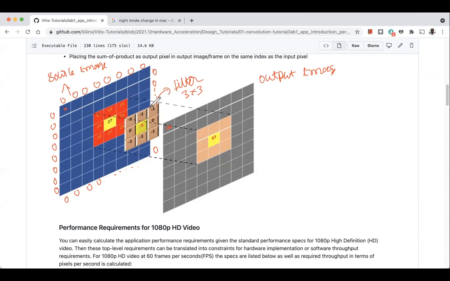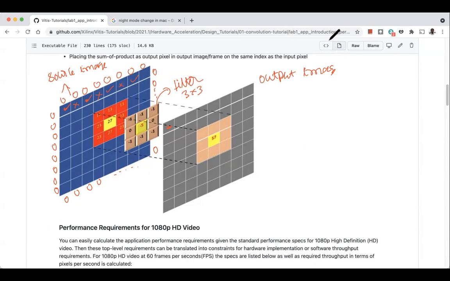But if the stride is 2, then after we apply the filter here, we don't apply it to the next pixel, and then we move on, and again we don't apply here, and then here we apply. So these are the places. When we want to do some kind of downsampling operation, we will have non-unit strides. But if you are not looking for any downsampling operation, then usually we will have unit strides.